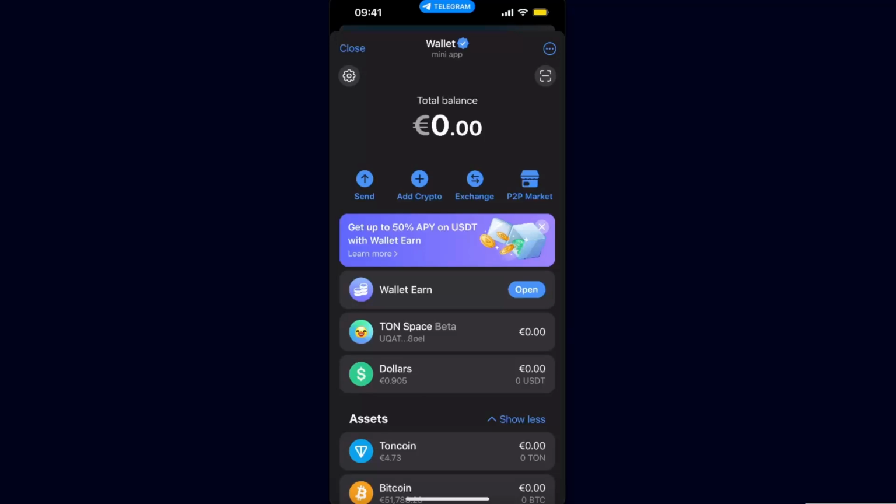Hello guys, in today's video I'm going to show you how you can transfer Notcoin from Telegram wallet to Tonkeeper